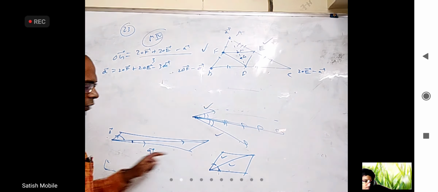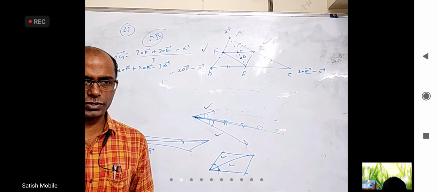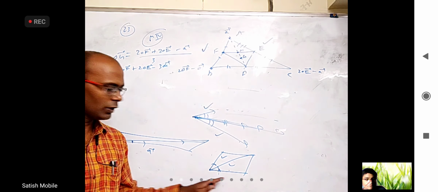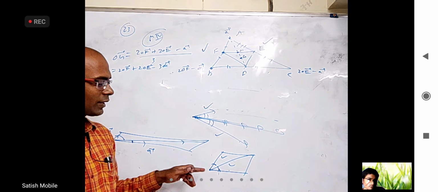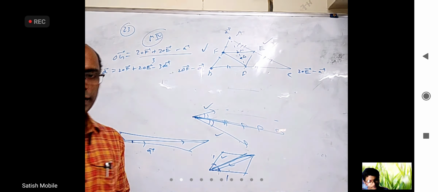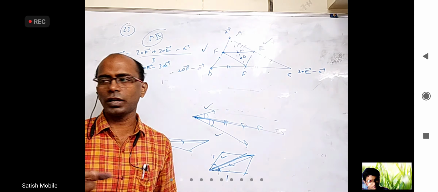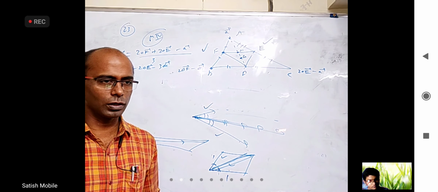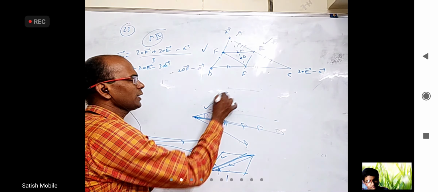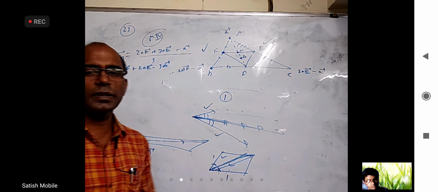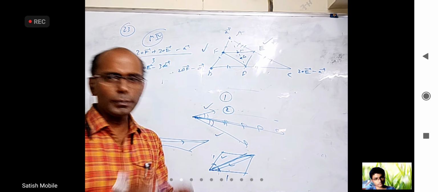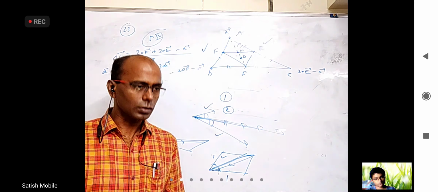So whenever two vectors are of equal magnitude, they need not be unit vectors, when you add them, you will get the angular bisector. But that need not be a unit vector. If this is one unit and this is one unit, it doesn't mean this is also one unit. It is like applying two forces of 1 Newton on a particle; the resultant need not be 1 Newton, it can be anything between 0 and 2. So I am making a few points. First, A bar plus B bar need not be the angular bisector of A bar and B bar. Second, it will be the angular bisector only when mod A bar equals mod B bar.